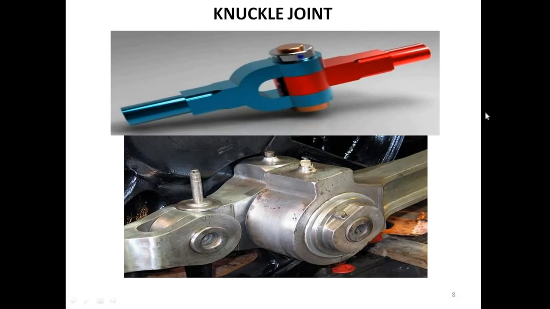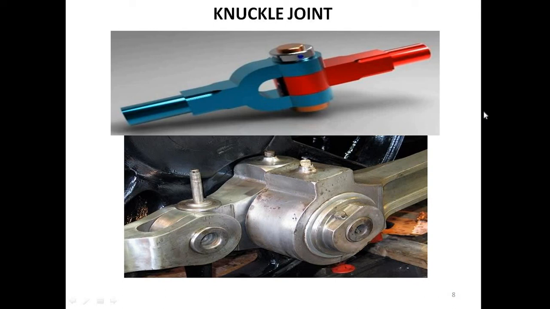Here is a very good example of a knuckle joint, which we know is used in various applications. In the previous lecture we already studied part drawing and assembly drawing. In the upper part, the modeling is there, and from that modeling or assembly drawing, various parts are drawn, and these various parts are manufactured, as shown in the figure at the bottom.